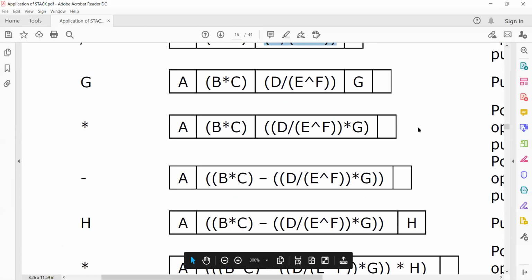How do we put the operand between the two elements? Operand. No. See, always you can put only the operator. If you find any operand, just push it to the stack, right? Using an if statement you can do it, no issues. Yes, we have to use an if statement for anything other than operators.